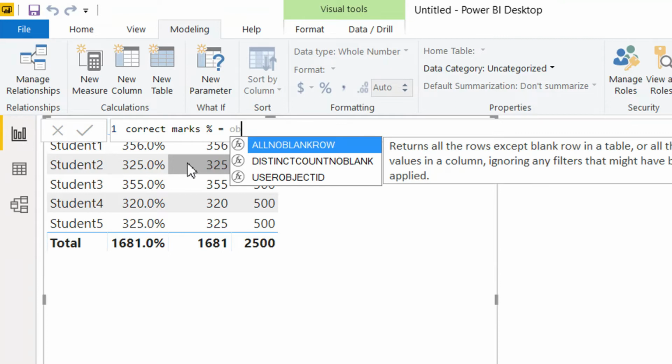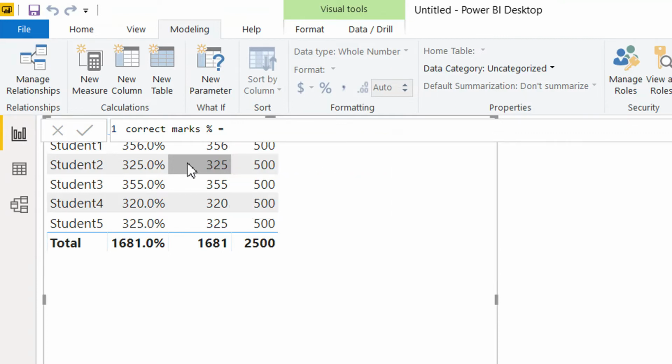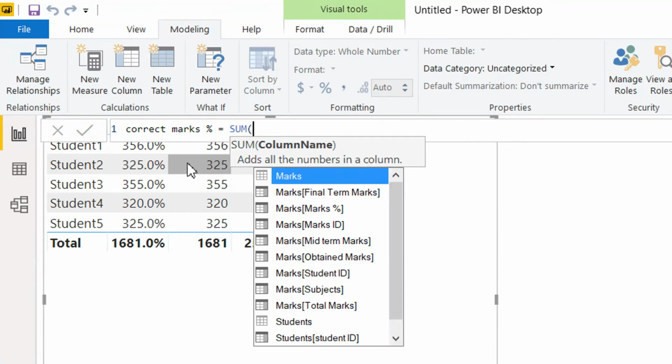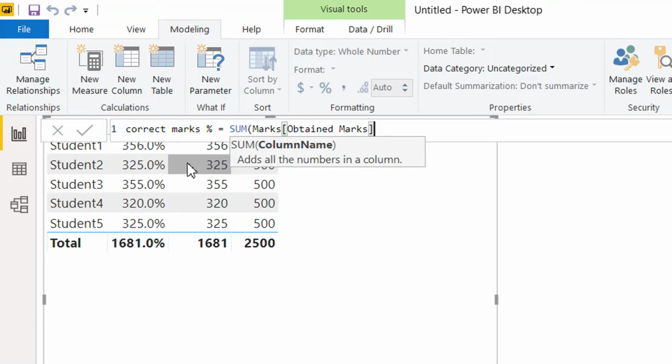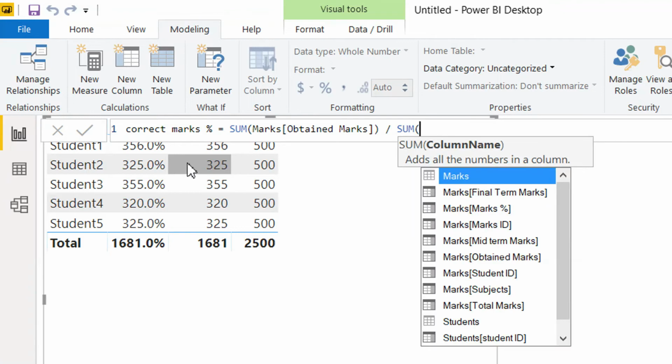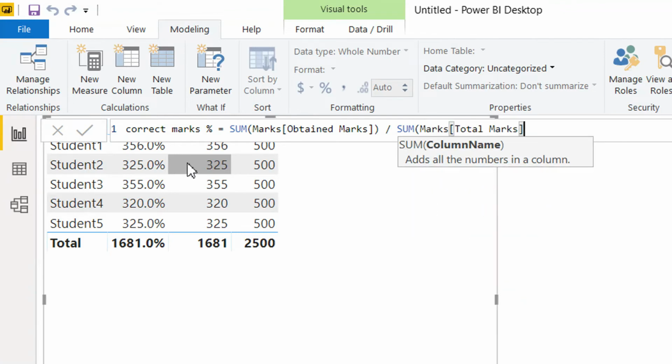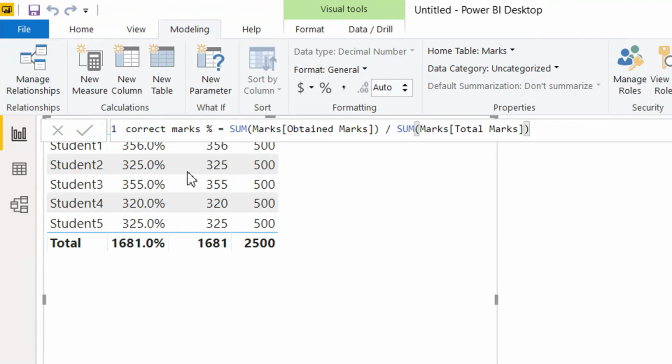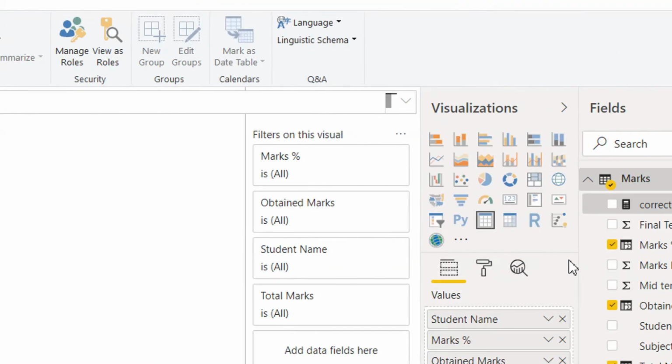So we have to use an aggregation formula like sum of obtained marks, divided by sum of total marks. Okay,